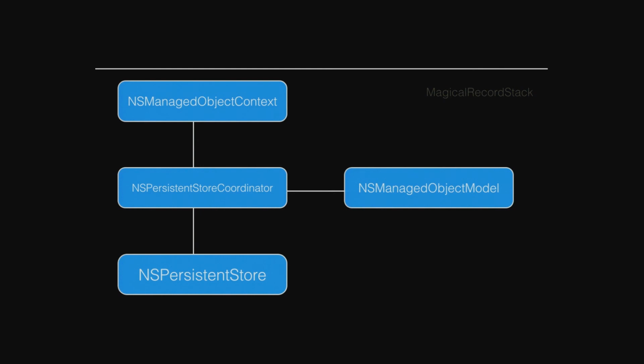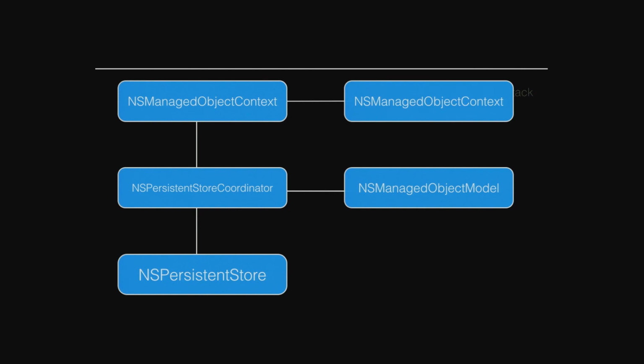And we just have it so that the background one is what vends our context, or our confinement context. We set that one up as a child of that context. So this one would be maybe the background. We set the child as this one having a child, and we do our changes there, and it saves on the background that way so that we still have background saving, but we also have it set up under the covers so that the background context can update the changes to the main context, the one that's on the main thread.